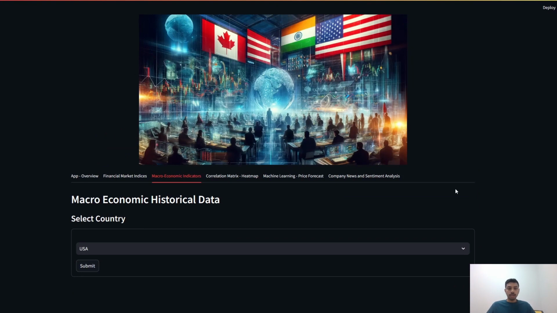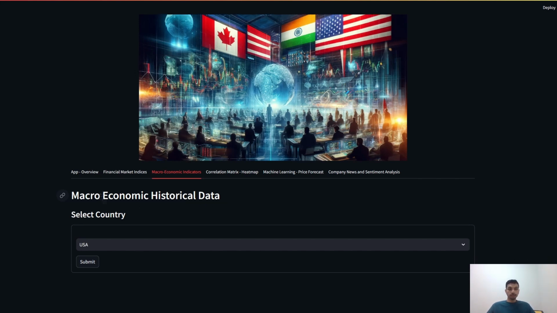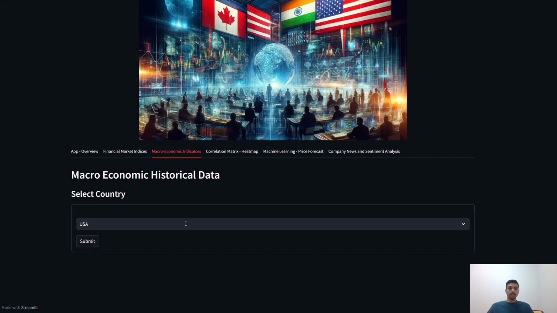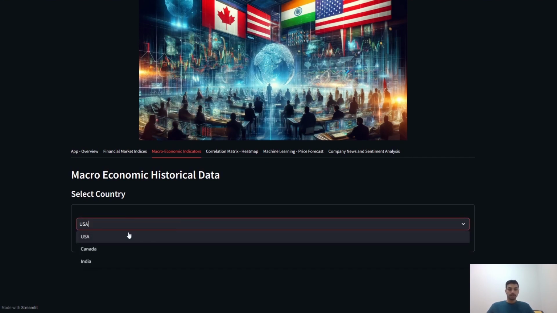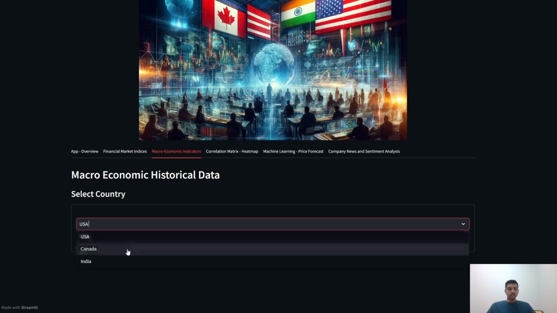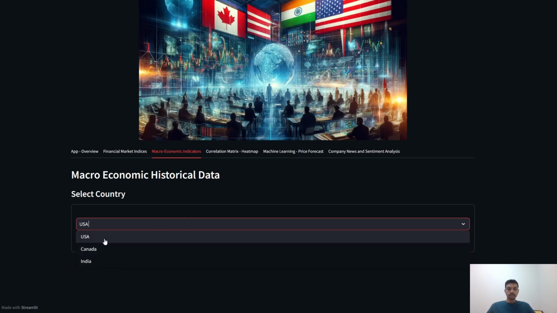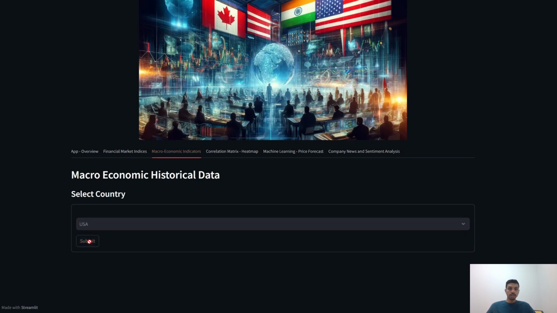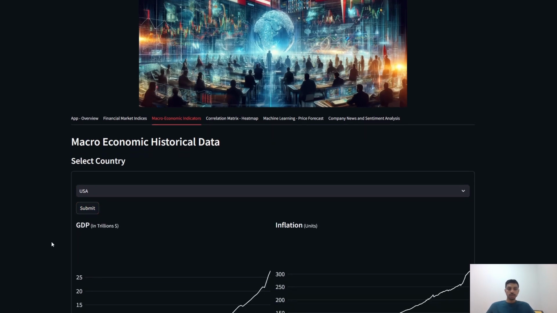Hi, in the app overview part today, I'm going to show the macroeconomic indicators tab. Here in the macroeconomic indicators tab, we have created a dynamic column. Once you drop it down, we can see all three countries: USA, Canada, and India. Once you select a country and click on the submit button, once it has loaded,